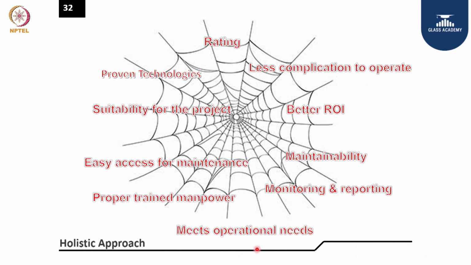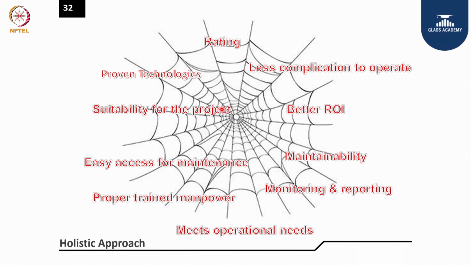And also, we have to look at operation needs, what they want from the building. And you need to have people operating. Building operators should be properly trained, and the system handed over to them to operate. And also the maintenance. They should have easy access to the building equipment to maintain it. Otherwise, they will leave it for long and it doesn't give the required performance.